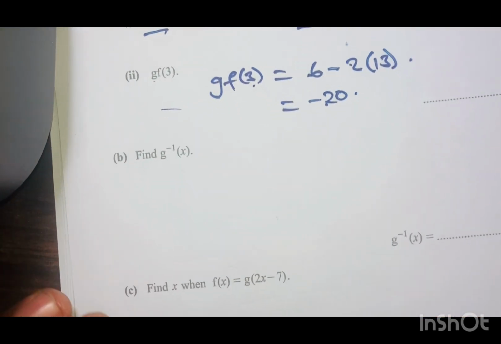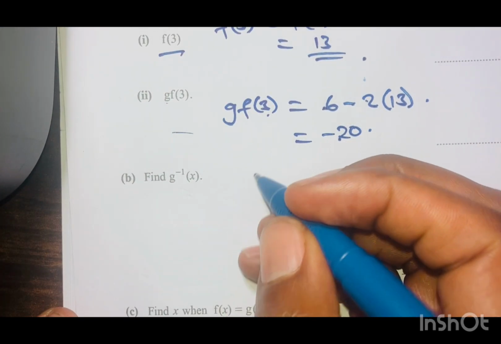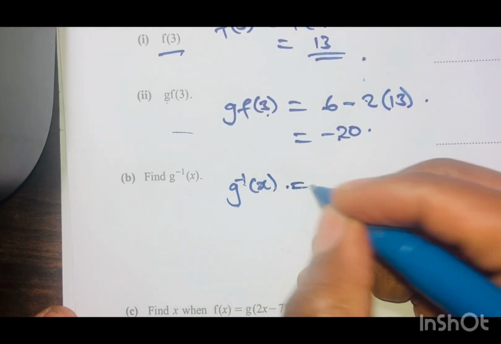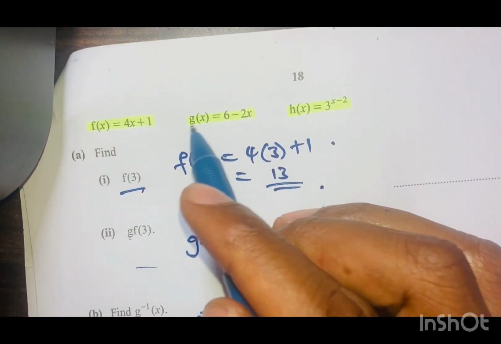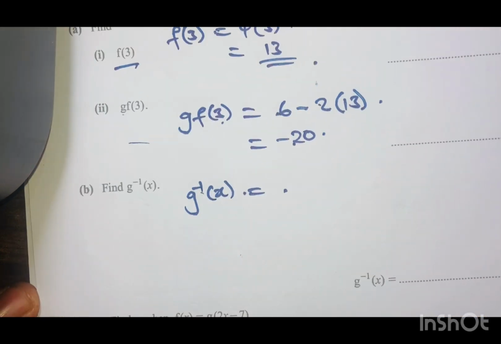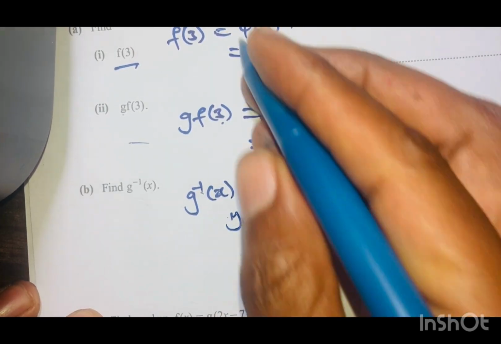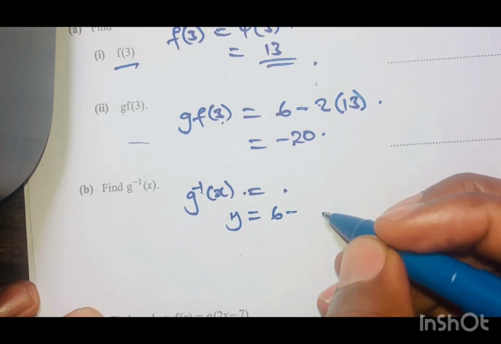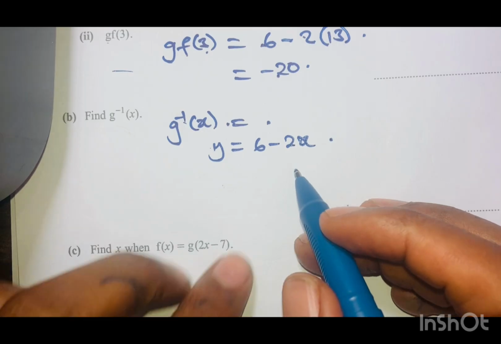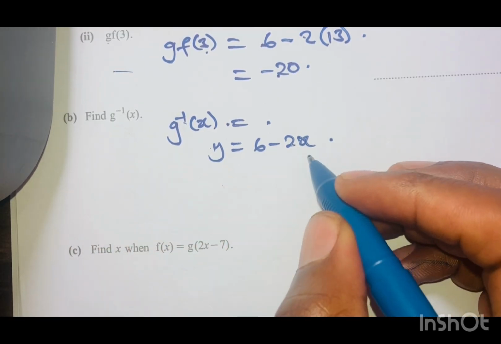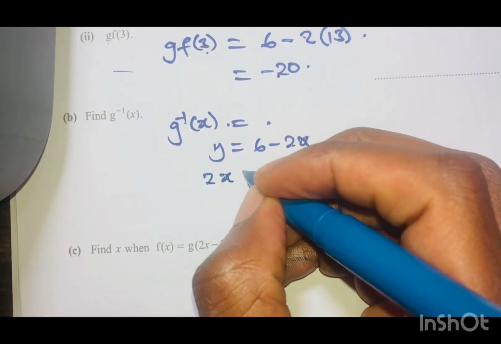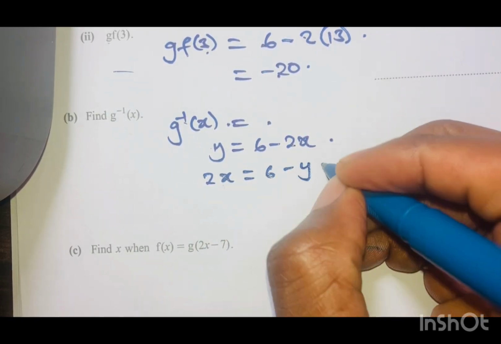All right, that's fine. Then we get g inverse of x. What I do firstly, I take g of x, then I say y is equal to g of x. So y is equal to the value of g of x, which is 6 minus 2x. Then the next thing, I'm going to make x subject of the formula, so I'll swap negative 2x and y. I'm going to take negative 2x here, so it becomes 2x is equivalent to 6 minus y,